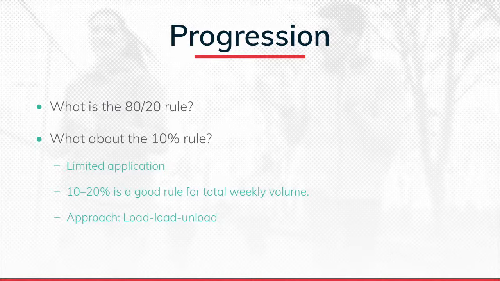But what we see with nonlinear is that we'll progress for a few weeks in a row and then come back down. I refer to that as load, load, unload for each week or maybe each micro cycle. And so what we may see is jumps in training volume that exceed 10%, maybe even go up to as high as 30% from one week to the next. But then we'll see a 0% increase on that third week, or maybe even a decrease. So 10% maybe is an average over the course of a training program as far as increasing training volume, but it's not a hard set rule.